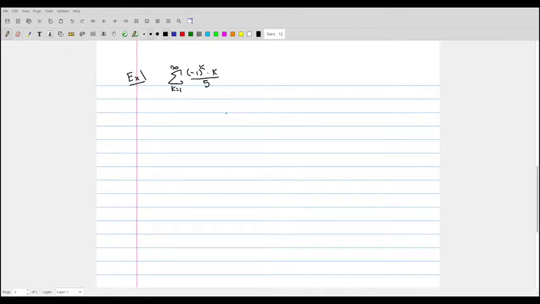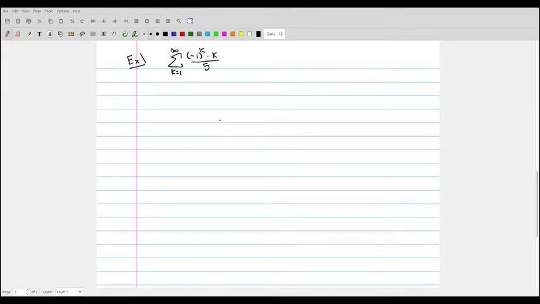This is certainly not a geometric series, but we can still take this and do the ratio test on it. Our bk here is this function of k right here. And rho is this limit